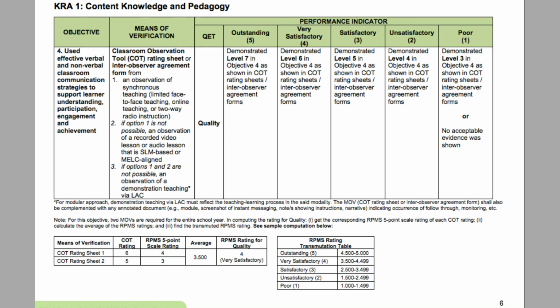VS, level 6 in Objective 4 as shown in COT. S, level 5; unsatisfactory, level 4; and poor, level 3 in Objective 4 as shown in COT, or no acceptable evidence was shown.